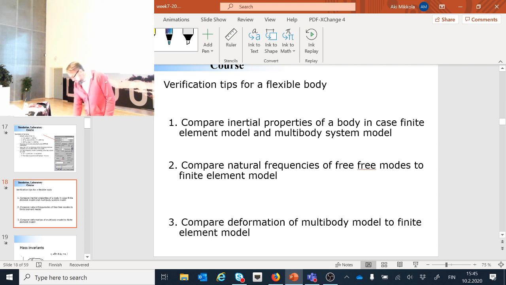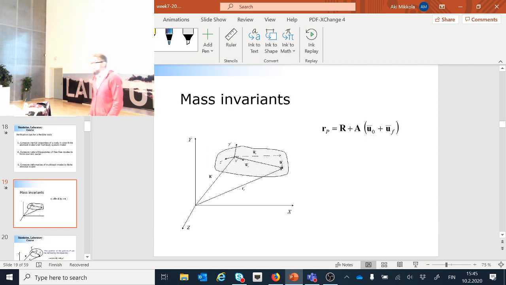Okay, but now the final thing, mass invariance. And this is the last thing that will come to exam. And what is this mass invariance? You know,